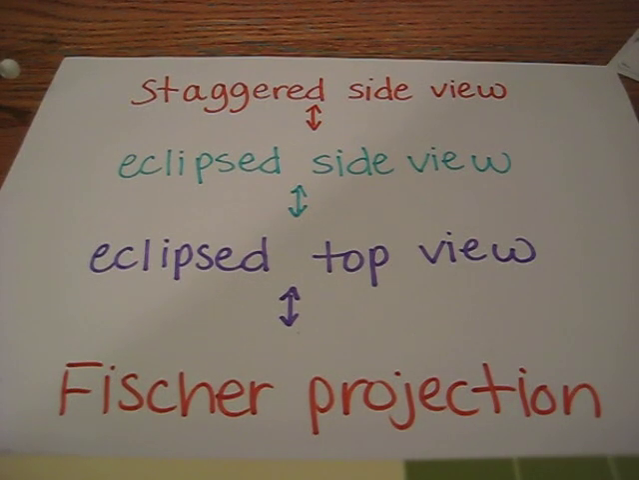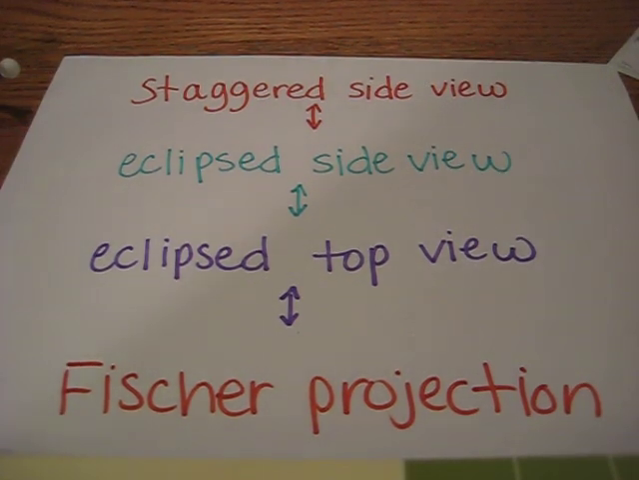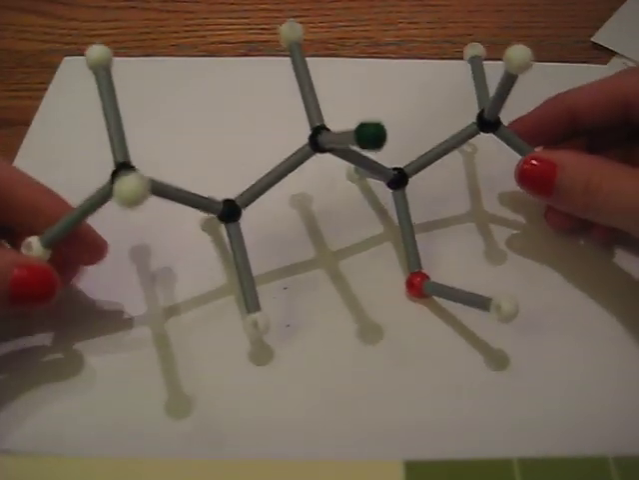To draw a Fischer projection, you start with a staggered side view of a molecule and then make that eclipsed, then draw the eclipsed top view, and then the Fischer projection. And you can go back and forth between these drawings. The molecule I'm going to draw is